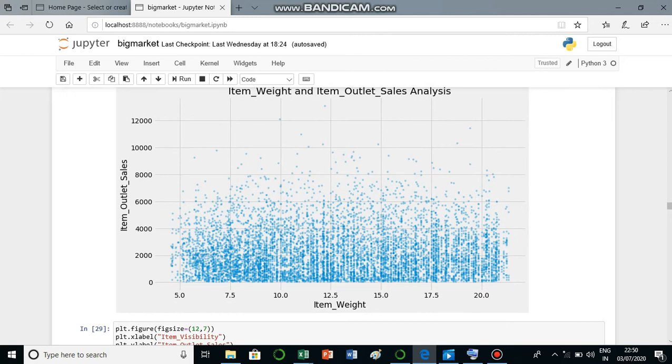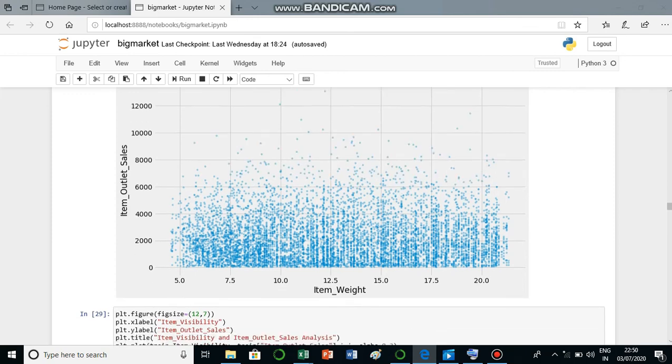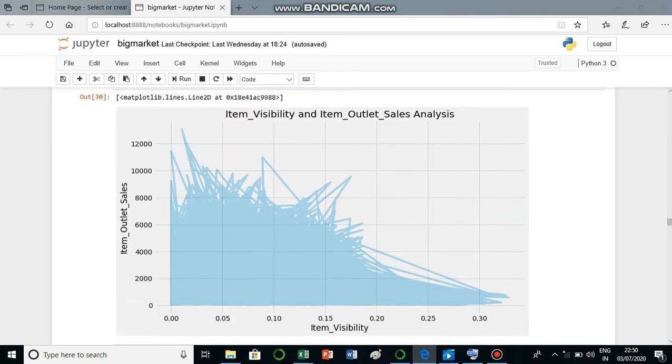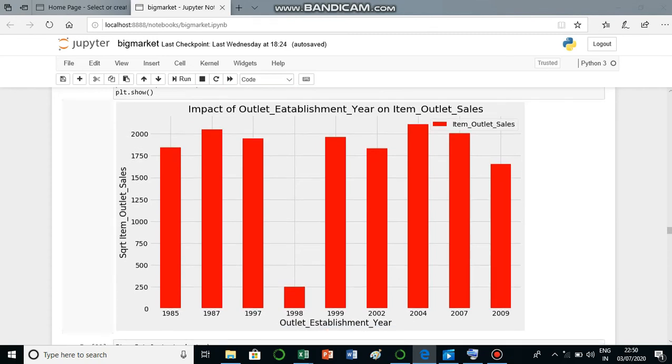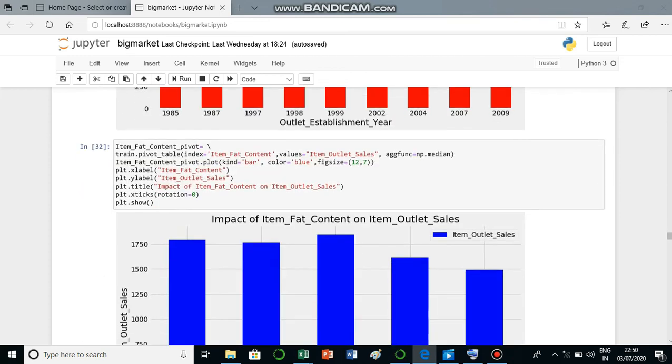This is a graph of item outlet sales versus item weight. This is the sales versus year graph.